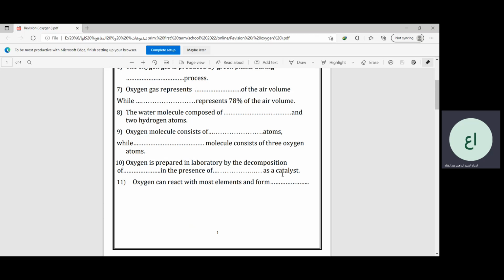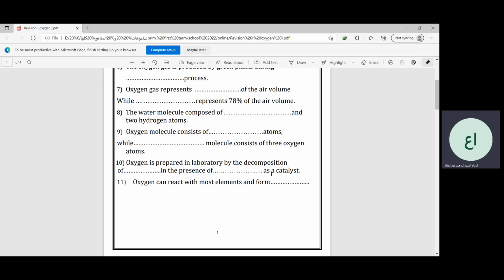طيب what's the meaning of catalyst؟ هو بيبقى عبارة عن ايه؟ هو chemical substance that remains without any change in its quantity and structure during the chemical reaction. okay يبقى هنا هنعمل الهيدروجين بيروكسيد or oxygenated water in the presence of manganese dioxide as a catalyst. okay